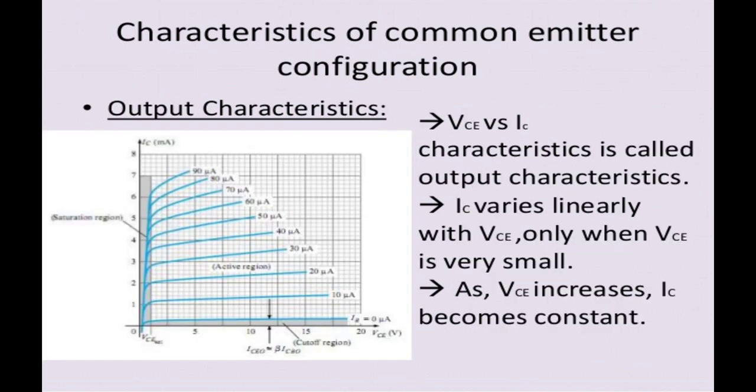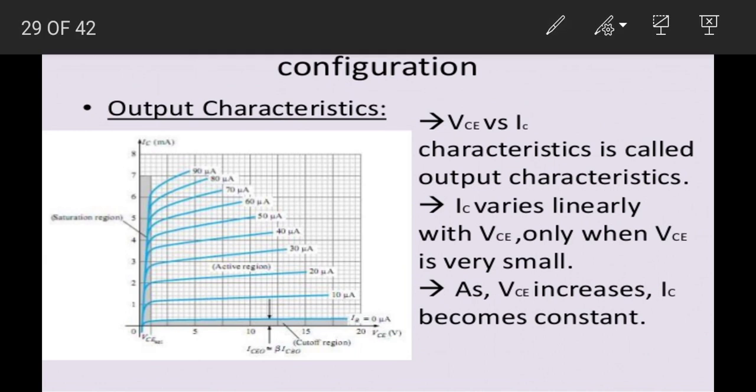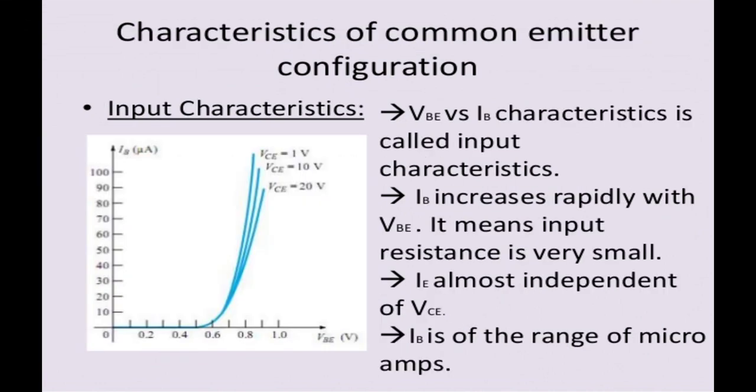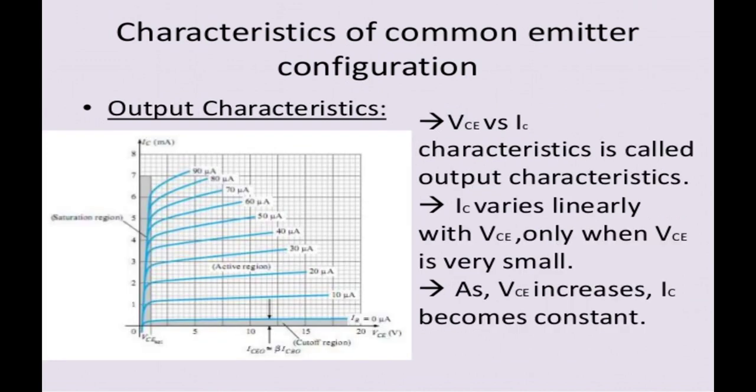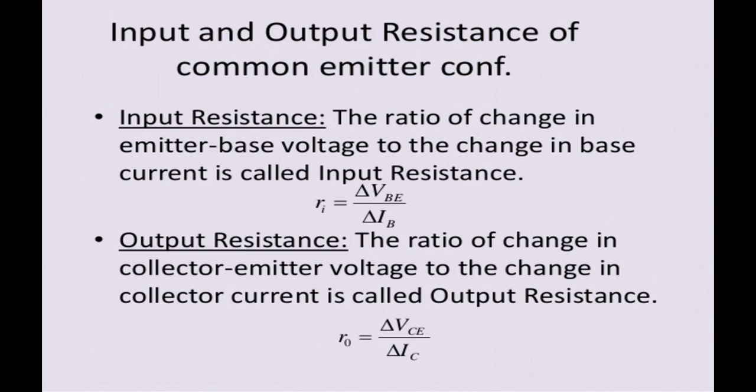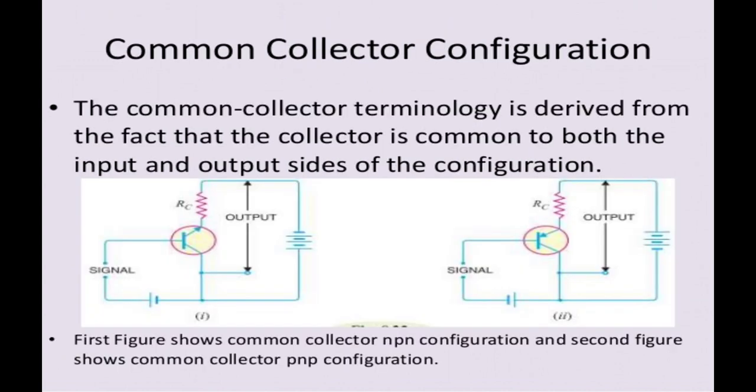I think this slide we can skip. Okay, this is the common collector configuration. So these are the characteristics. IB and IC change rapidly, almost independent. These are the amplification factors, VCE, VCB, whatever. You read this carefully after the completion. This slide is repeated, and this slide also I think is repeated, no it's not repeated.